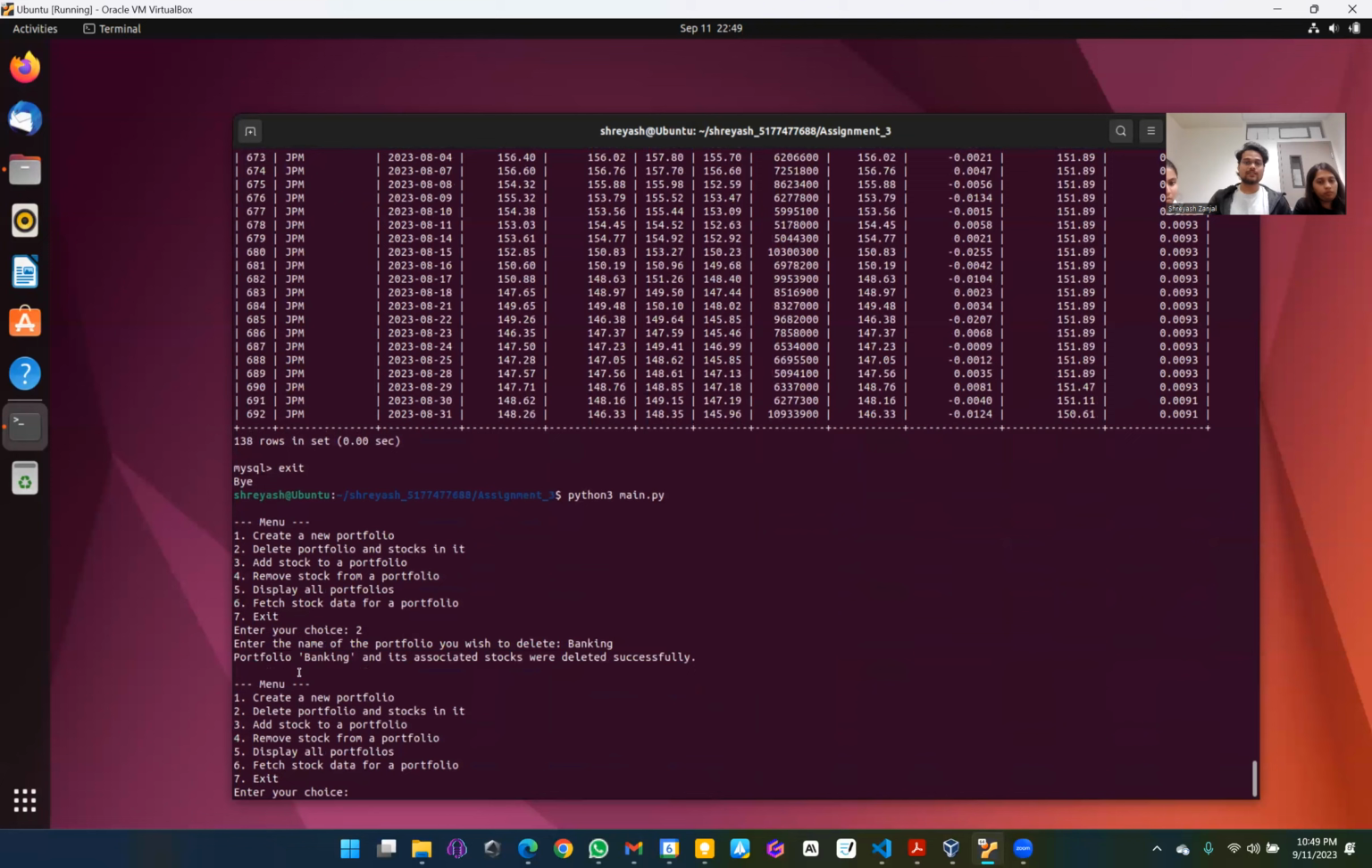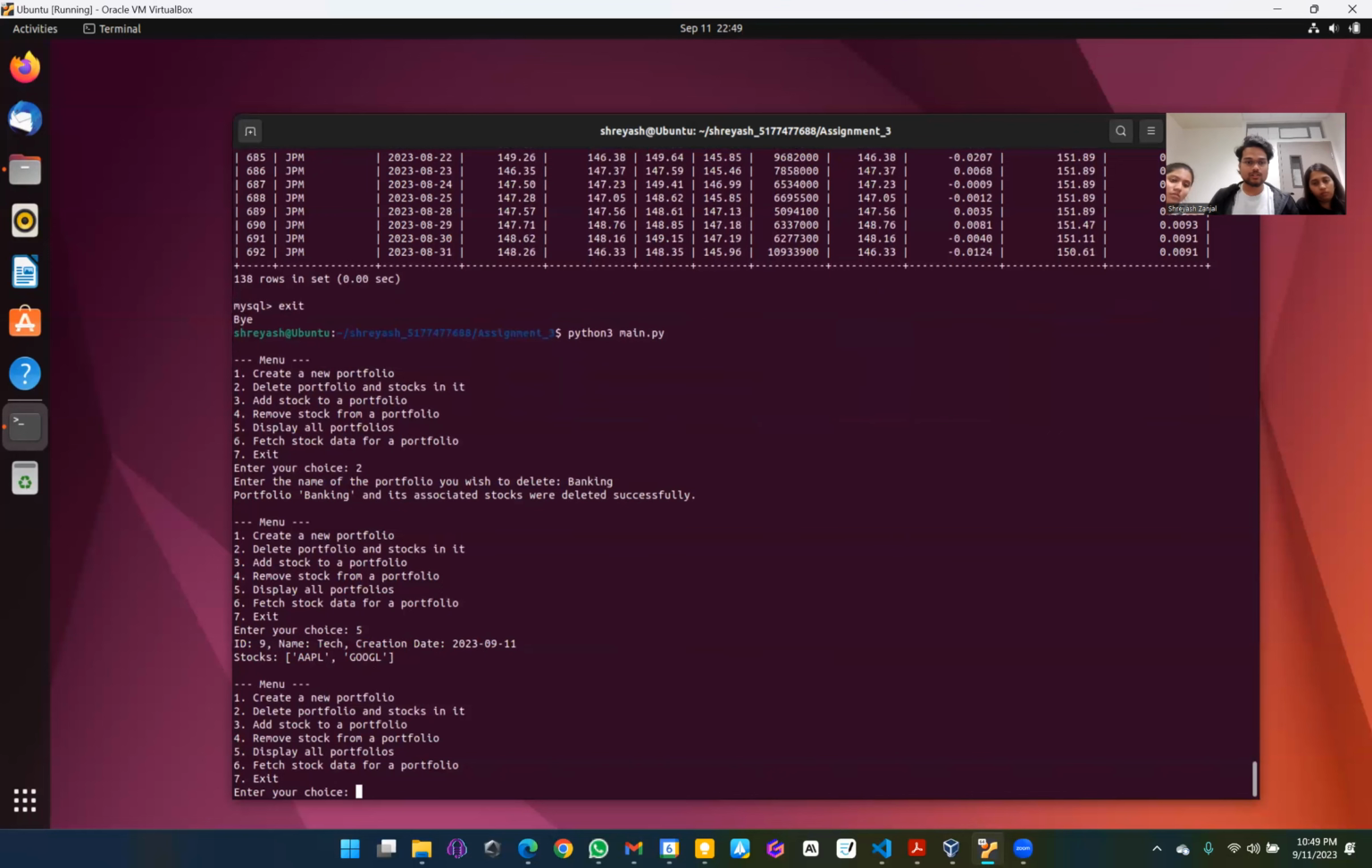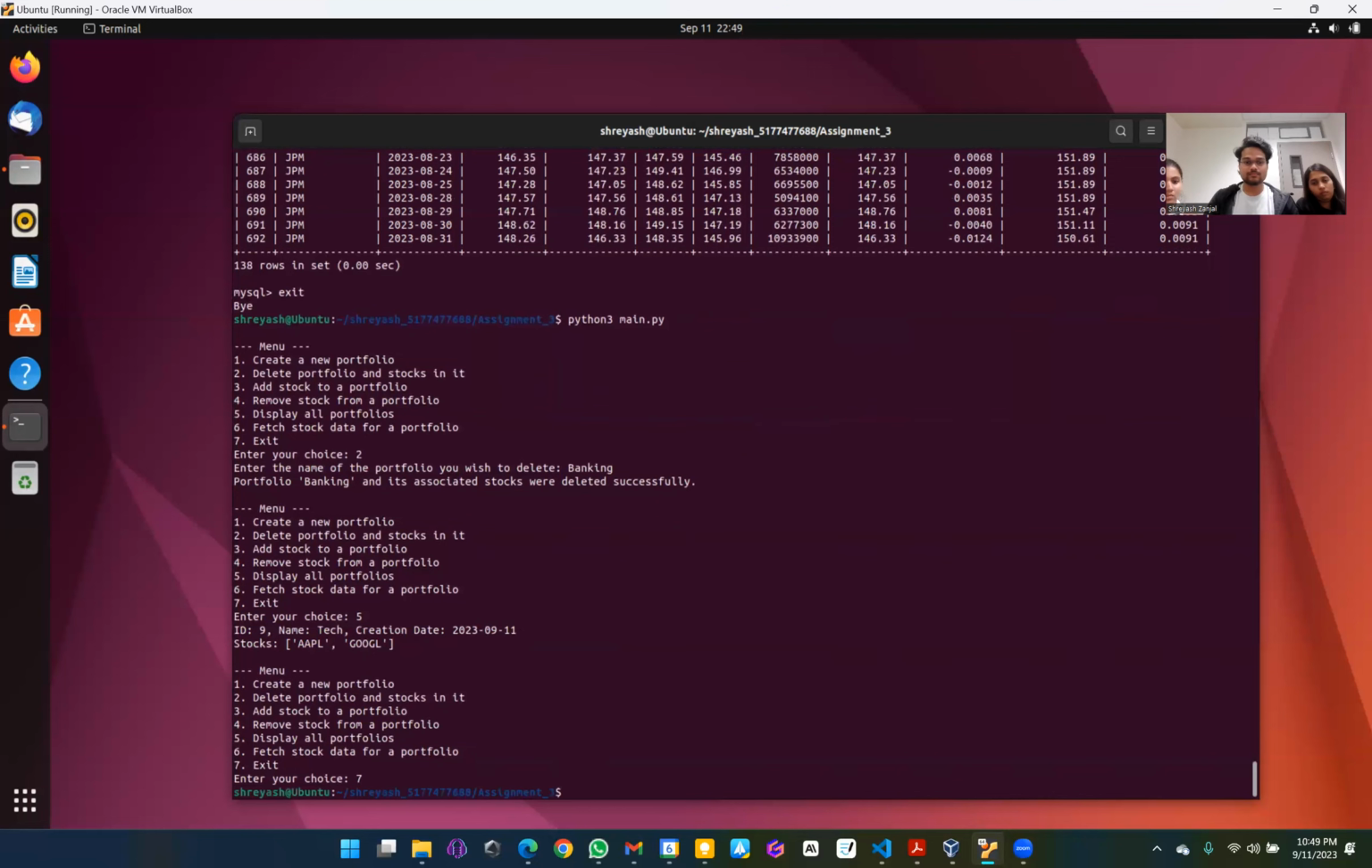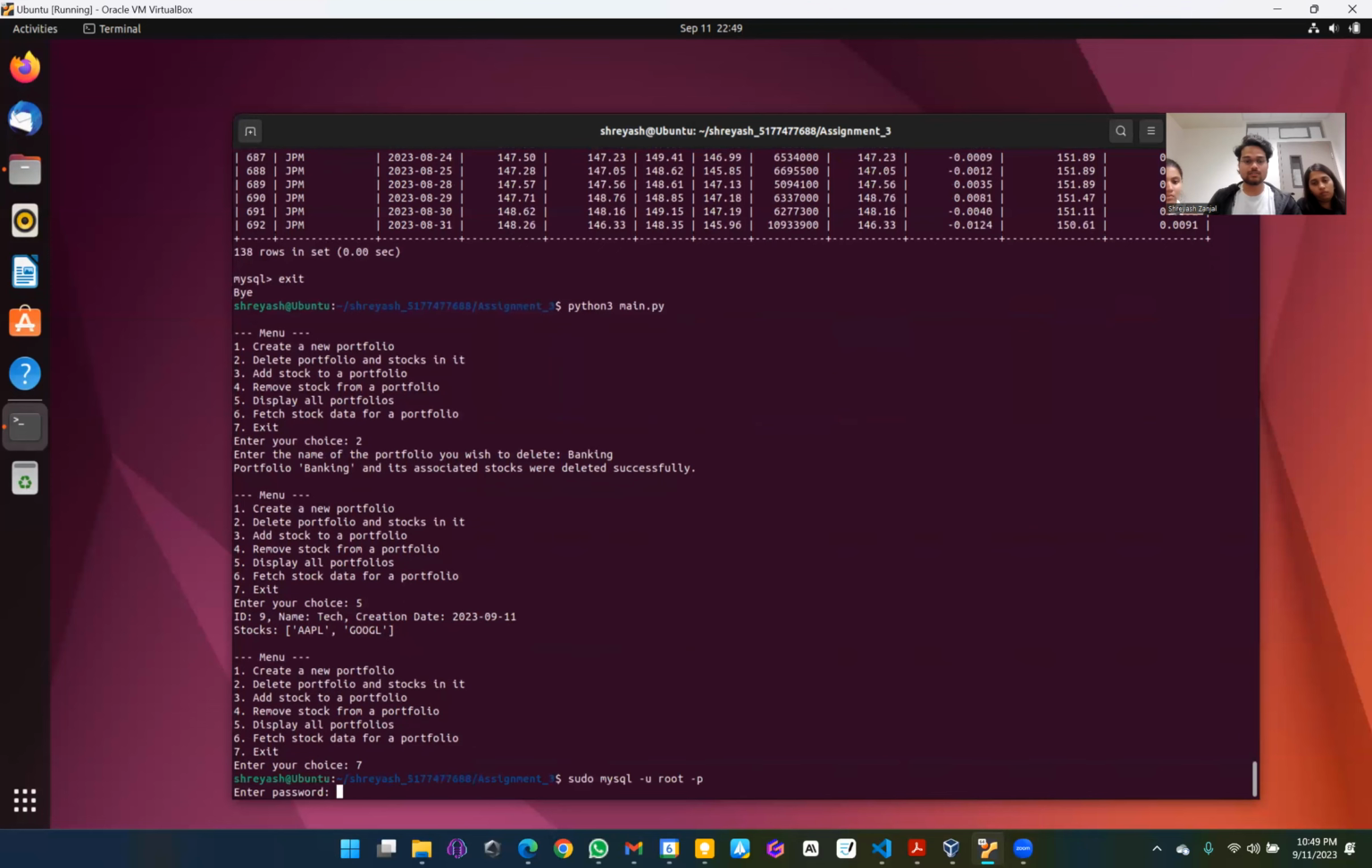And it is getting the confirmation that portfolio banking and its associated stocks are deleted successfully. So if we see the user's view, we would just see the tech sector, but not the banking sector. And if we want to see this in the database, I would log into